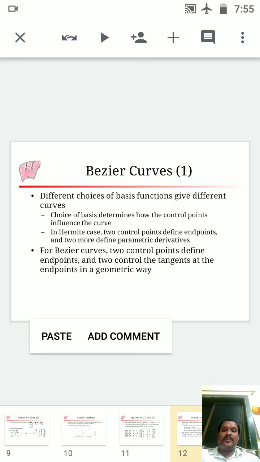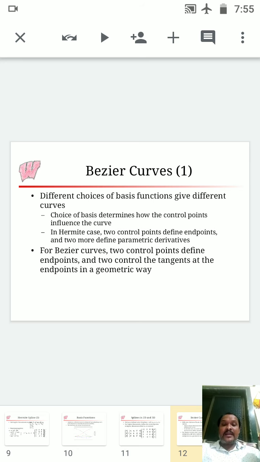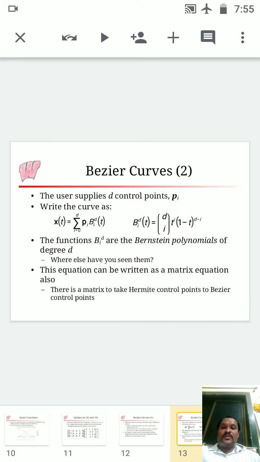Wherever the curve section will be coming, in that curve section we are going to draw a tangent line, and that tangent line will be having the two control points, or we can call it the two endpoints, this endpoint and that endpoint. So those two endpoints will define the controlling points from one point to the other point. So Bezier curve, this is very simple.